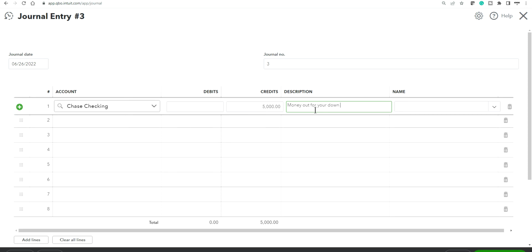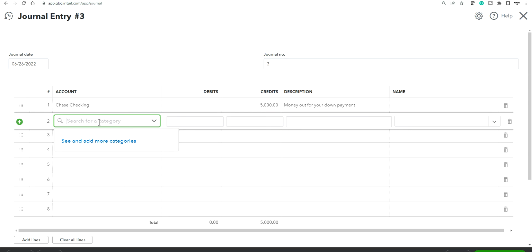$5,000. Okay, now you're adding your fixed assets. In this case, we just created a 2022 Honda Accord. That's your fixed asset. So you pay $30,000,